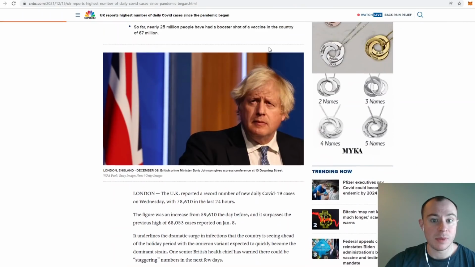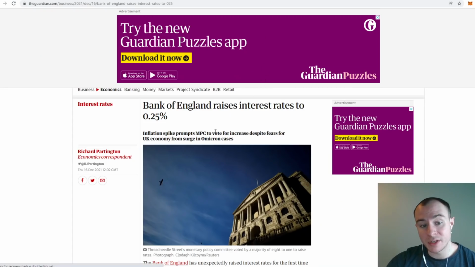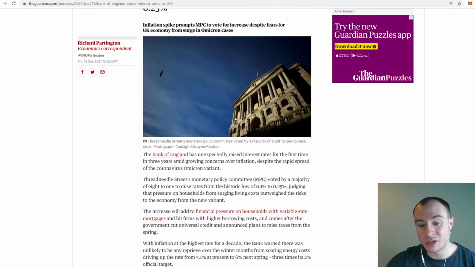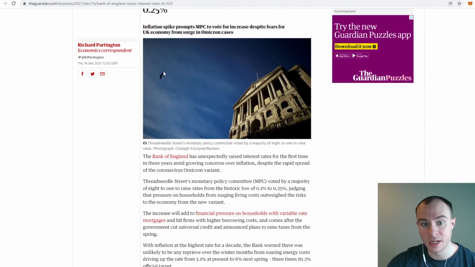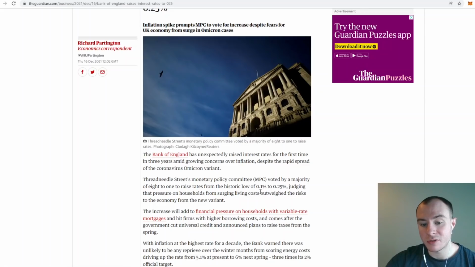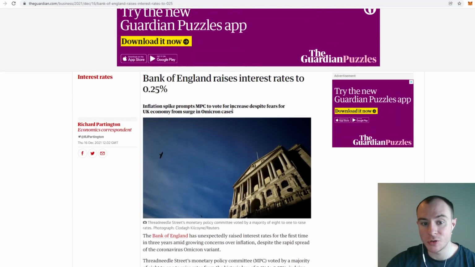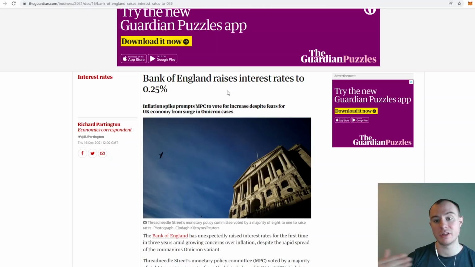So we can see that this is playing havoc. We've got the Bank of England that raised their rates. Inflation came in extremely high for the UK and the Bank of England. This is the thing with interest rates. They've upped it by 0.15%. So not a huge interest rate hike. And the reason they can only do these marginal hikes for the interest rates, even though inflation is at such a high rate, is because they are too leveraged.